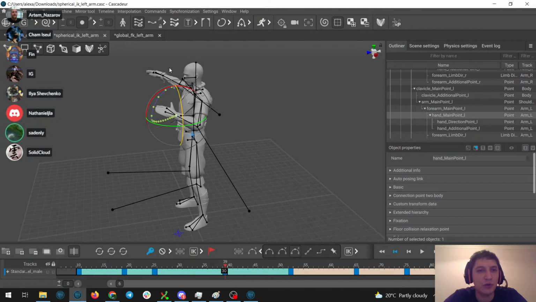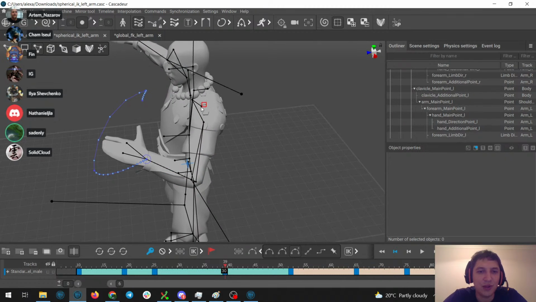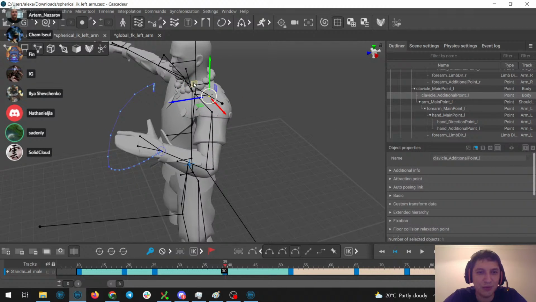And the same actually goes here. Let me fix it. I didn't prove to you that the clavicle won't affect it, so let me prove it very fast. You can see that it doesn't affect anything. And just let me turn FK on here to show you how it will affect it in case we have FK. You can see that it can change pretty badly.